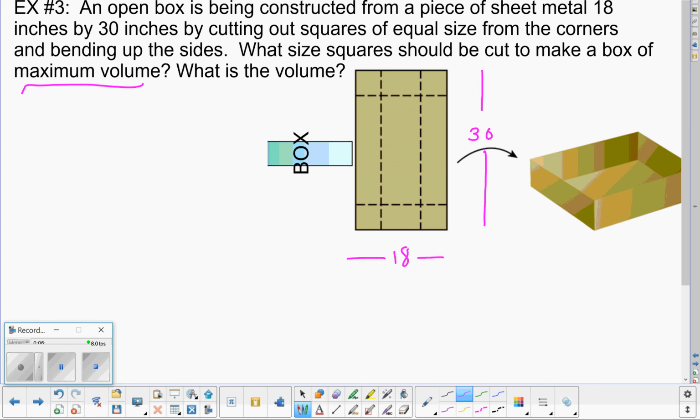Okay, so I just drew in some dimensions. We have 30 inches on one side by 18 on another. We're going to be cutting out these corners, so this portion's gone and this portion will be gone. These are the square corners we're going to cut out so that we can lift the tabs and form this